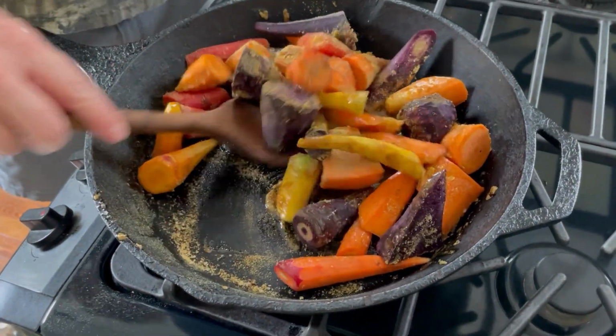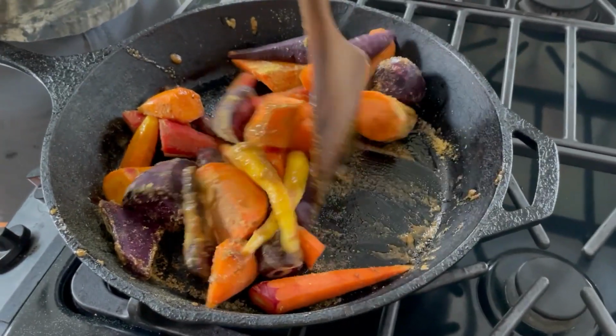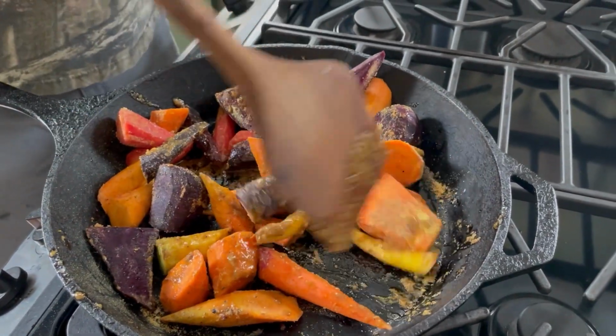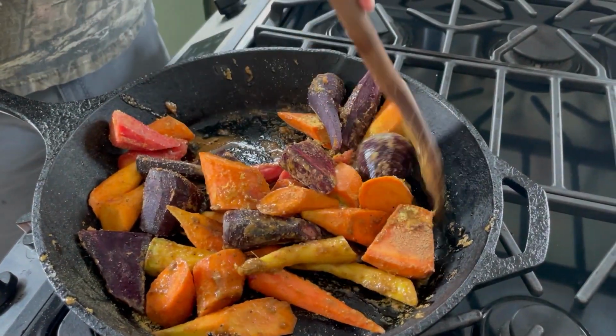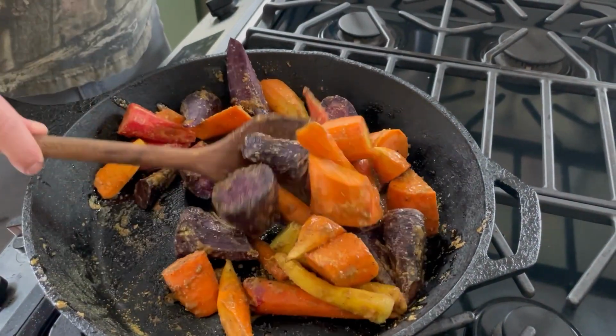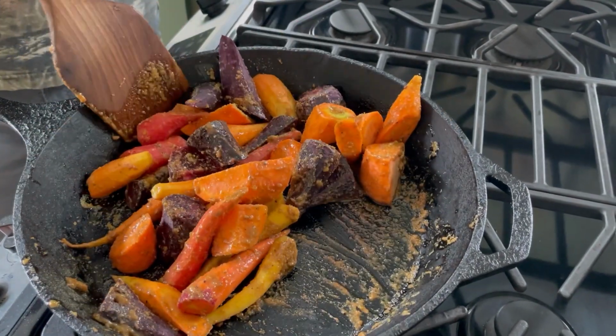Now, you don't have to worry about crowding the pan because we want these to be succulent and tender, so we're really not trying to get them crispy. But this is about as much as I would do. So if you want to double this recipe, I would say you need to do it in a large baking